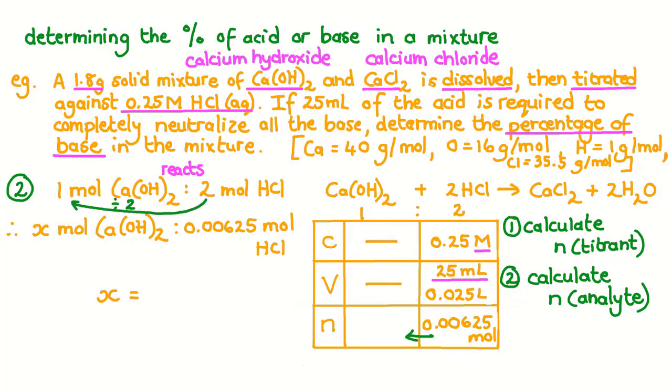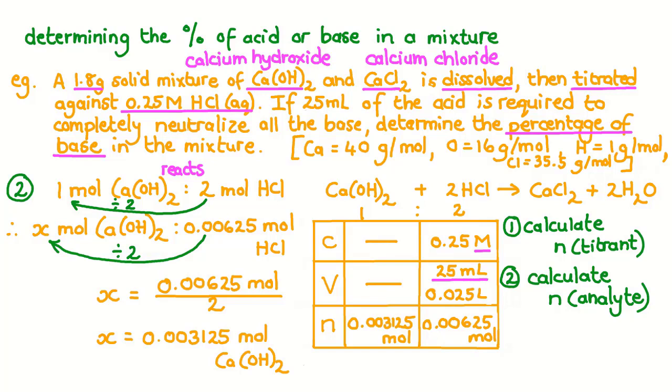We can solve for X. Since the moles of the acid are double the moles of the base, to get X, we can divide the moles of acid that we have by 2, and we get 0.003125 moles of calcium hydroxide. This is the moles of base neutralized by the acid titrant, and also the moles of base in the original